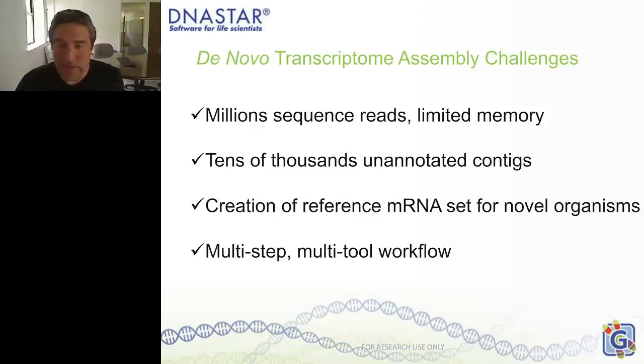Oftentimes you want to figure out what they are, so you want to annotate them. If your organism is novel, there may be limited annotations for any one particular reference organism. You may want to draw annotations from multiple organisms. So it becomes very daunting working with thousands of contigs to apply annotations and then turn around and make use